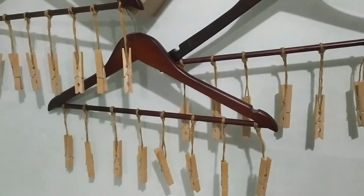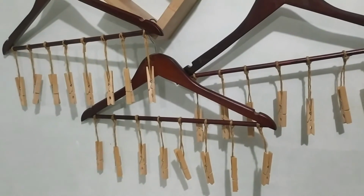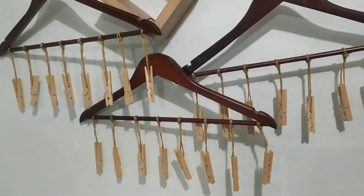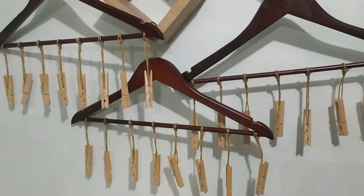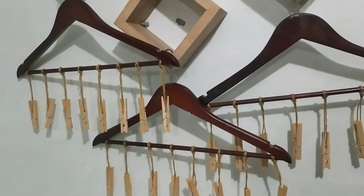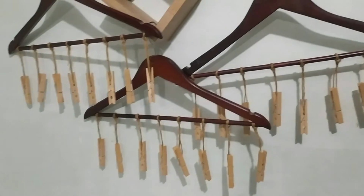That's it. The cost. How much is the cost? 88 plus 88. That's all. And 20 pesos. But you can use this at least maybe for 10 years, 20 years. Diba? Tipid na. Kasi pwede mo namang i-assemble